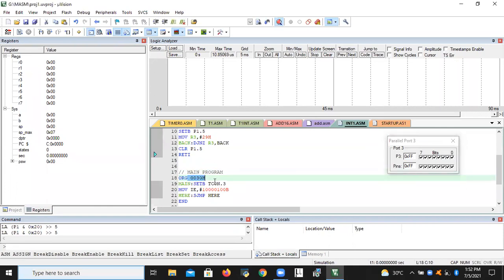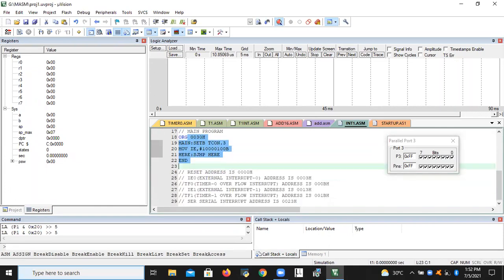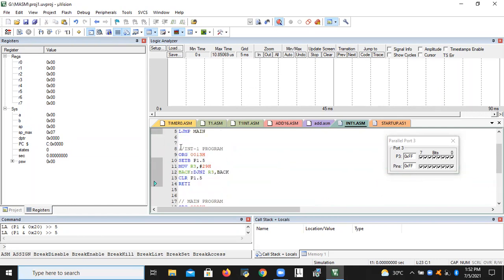This is the interrupt program. Until the interrupt arises, the interrupt program is never executed. So whenever the interrupt arises at pin 3.3, which is external interrupt 1, right?